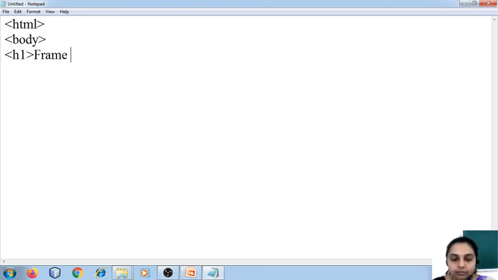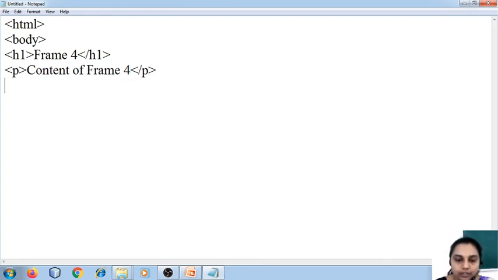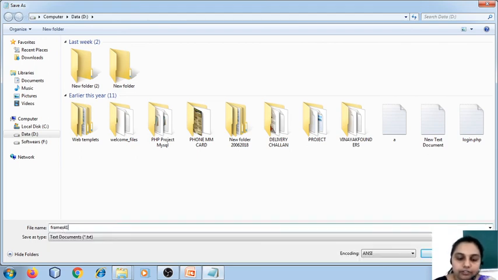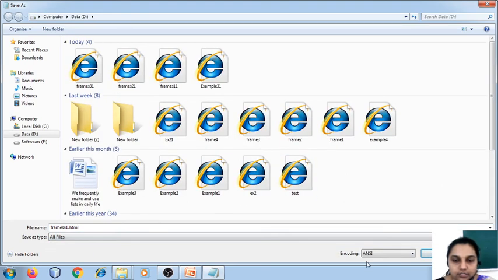I write frame 4. I close the h1 tag. Then I write content of frame 4. Okay, I'm going to use the paragraph tag. So now close the paragraph tag, followed by closing of the body and HTML tag, and I'm going to save it as frames41.html, and I then click on all files.